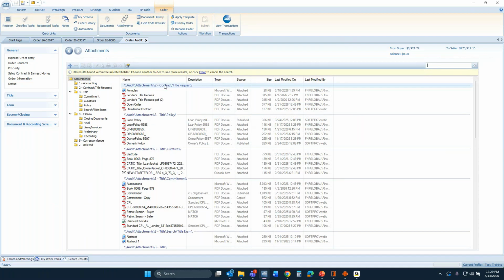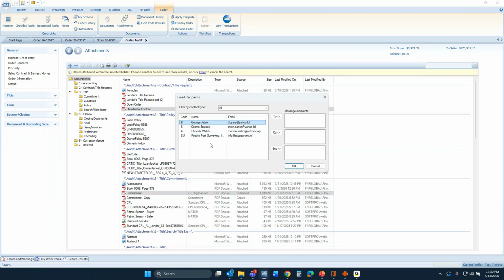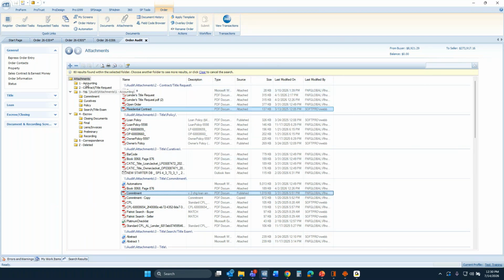It's going to have a blue hyperlink on the right showing me the name of the folder and the documents that live within each of those folders. This way, if I did need to send an email and I needed something from the contract folder and I needed something from the commitment folder, I could hold down my control key and I could choose both documents, and then I could click my little email icon here in the toolbar and I could send that email with those two attachments. So I do have the capability to see it all without having to do it